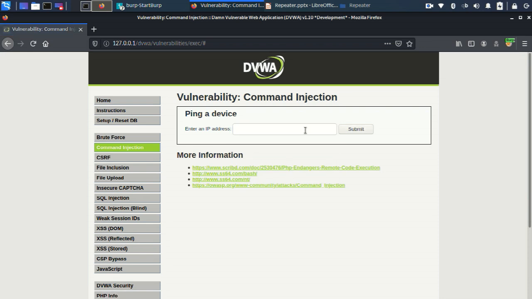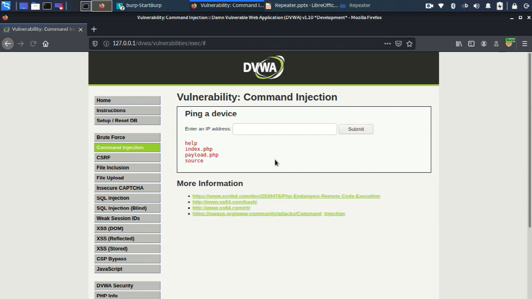See, it gives all the files in this current directory, and this is our actual file, the PHP file. You can also check it from here, payload.php. This is our file that was uploaded.